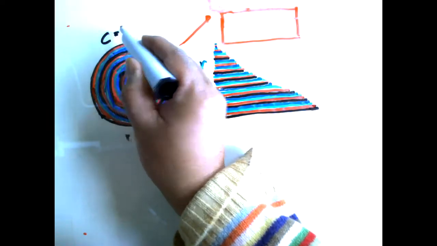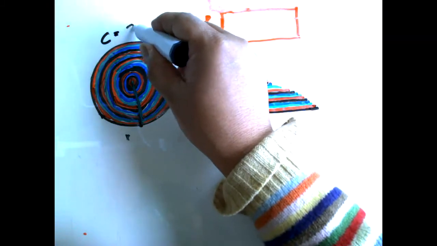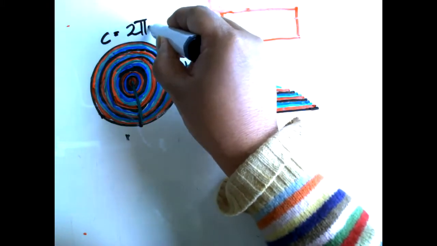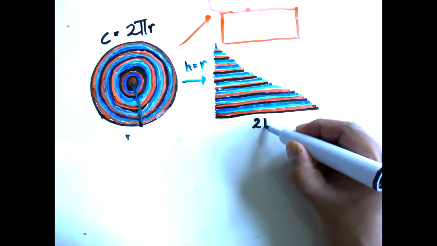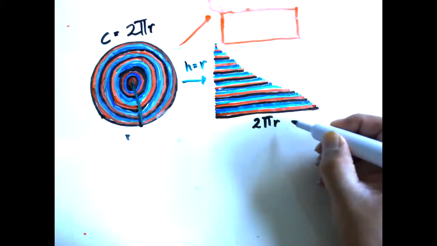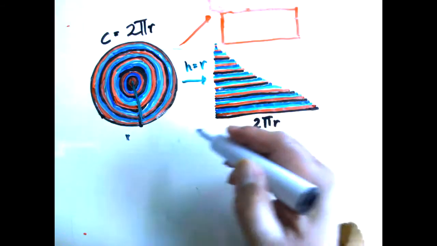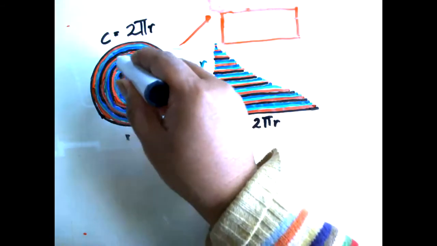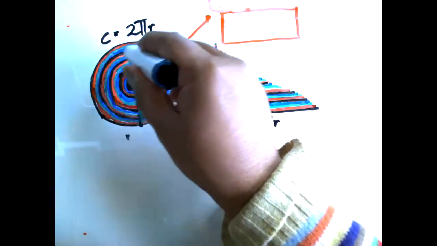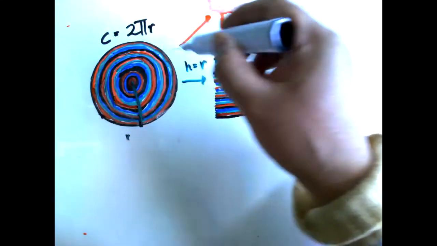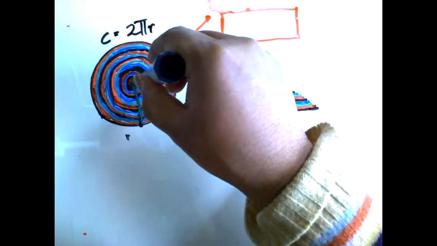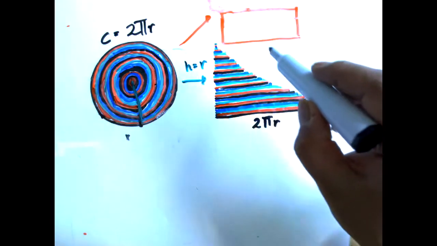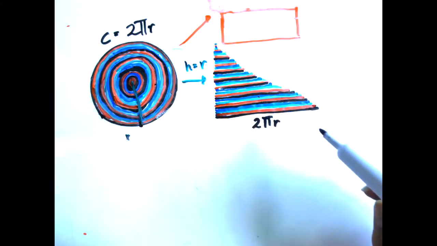And what is the circumference? How do you get it? It's 2 pi r or 2 pi d, but we use this here. So the value of this line here is 2 pi r. But the inside of the circle, including the outside, the black line, it's the area. And we already put it in here. It's the area, the same. So this area of the circle here should be the same as the area of the triangle that we just